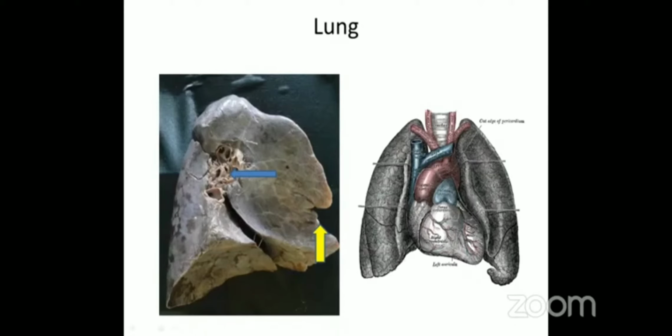So here again, what you can see now is the left lung. As you can see, the apex is upwards, diaphragmatic surface lower down, and anterior border sharp. The left lung will also show this area and the projection that is called lingula, a tongue-like projection, and the cardiac notch because of the presence of the heart on the left side. So that is the criteria to differentiate the side of the lung. When you are holding it, it should be properly resting on your palm, apex directed upwards, not in any other position. From that, you can be asked maybe the side, the relations, mainly the mediastinal surface, or the structures in the hilum of the lung.